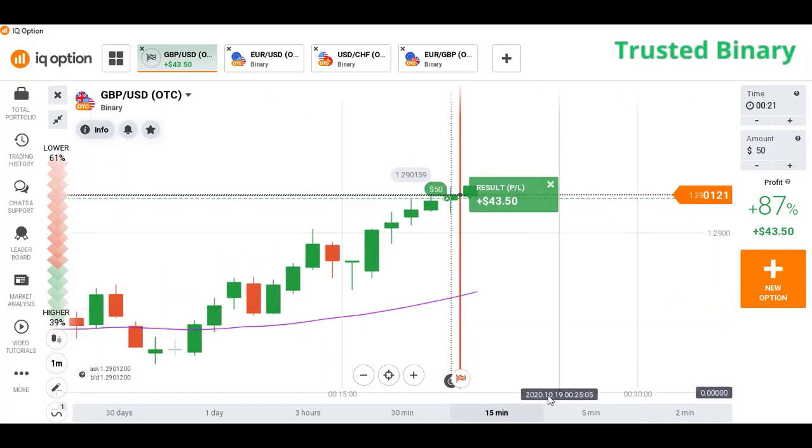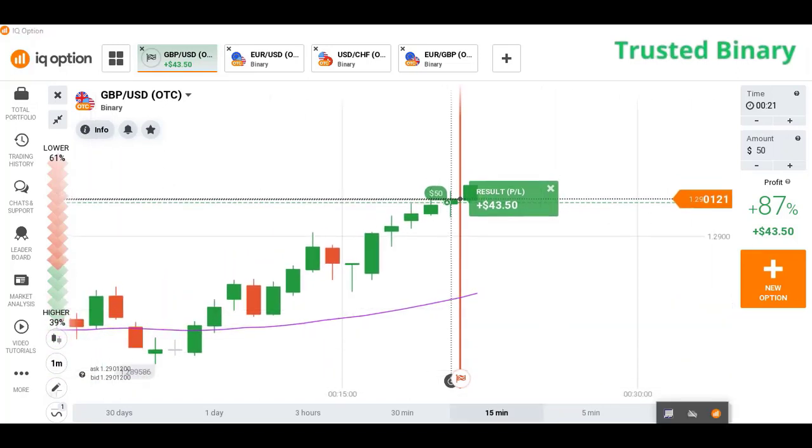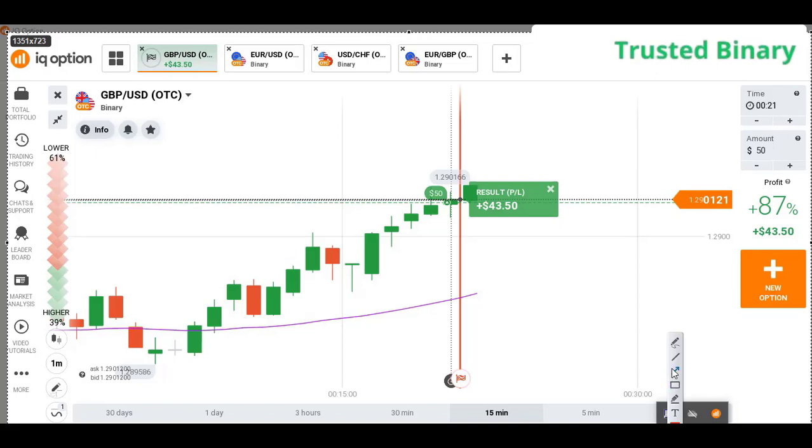I am explaining here the reason for taking the trade. So this is a strong uptrend here. The market started to go up from this level, strongly broke this 50 EMA line, and started moving above this 50 EMA line strongly. So it's obviously a